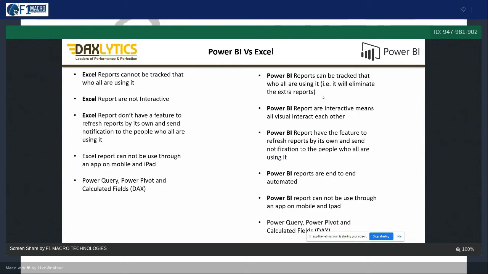So companies are now creating reports in Power BI, and what they have seen is that Excel reports are not being used by the teams, right? And they have now eliminated the extra reports we were creating in Excel. Through Power BI, they can track whether people are using a report or not. If they are not using it, we just stop those reports. When we stop those reports, we can save the time of those data analysts and reporting analysts sitting and creating those reports. We can give them some other project. We are saving the cost as well. So this is the difference.